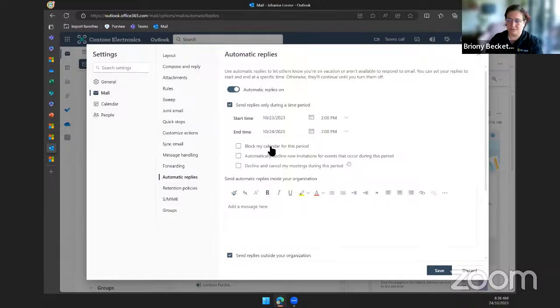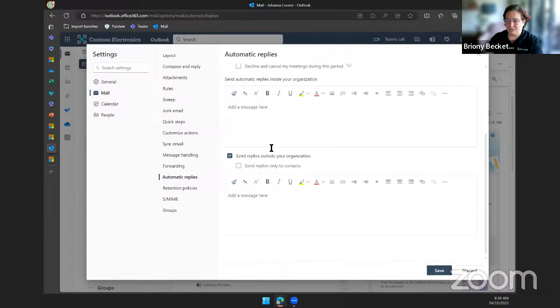One that is new is to also block out your calendar. So if people are checking to see when they can make meetings, your calendar is going to be blocked out during this time, so they can't put meetings in. The one that I then also use is this option to send a different reply outside of the organization.